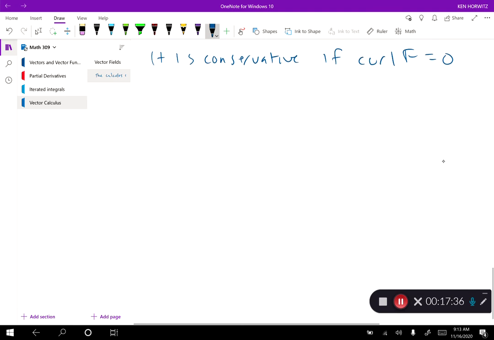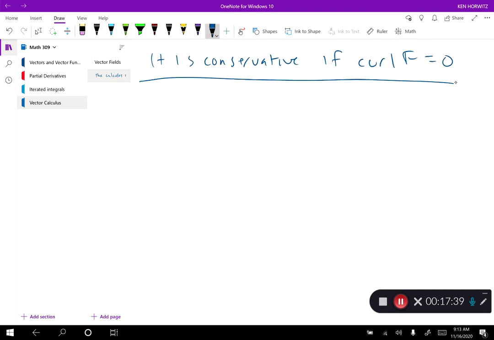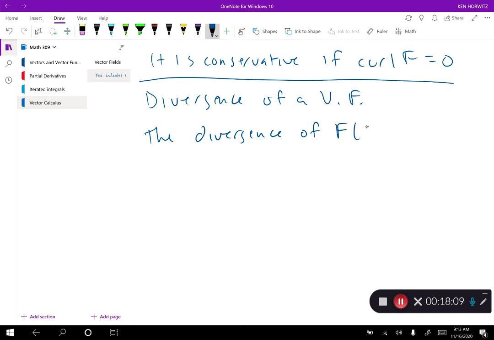All right, the last thing I want to talk about is divergence. So the divergence of a vector field. And divergence could have applications in a variety of places. So I at least want you to hear the term and know how to get it. So the definition would be that the divergence of f of x, y, which equals mi plus nj, is, and this is how you write it,